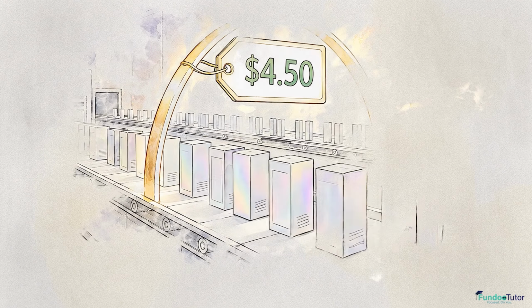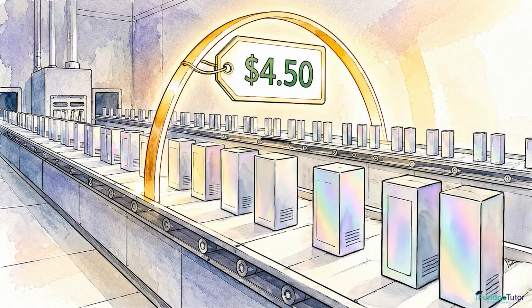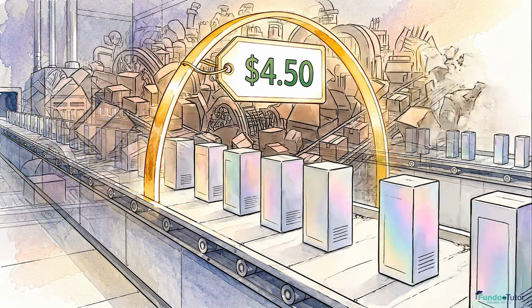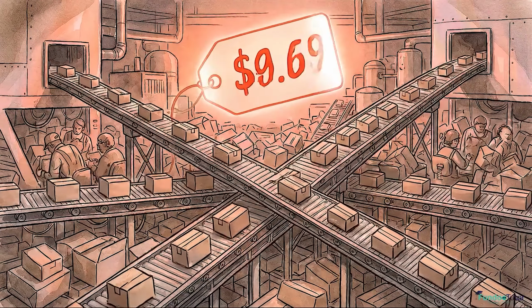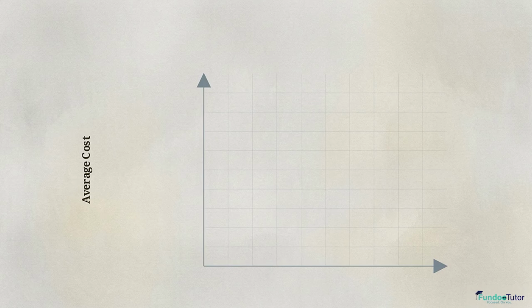When a business starts producing more goods, the cost to make each individual item usually drops. But if that same company expands too fast or grows too large, a strange inversion happens. Each item suddenly becomes more expensive to produce. We track this relationship on a graph plotting average costs on the y-axis against scale of production on the x-axis,